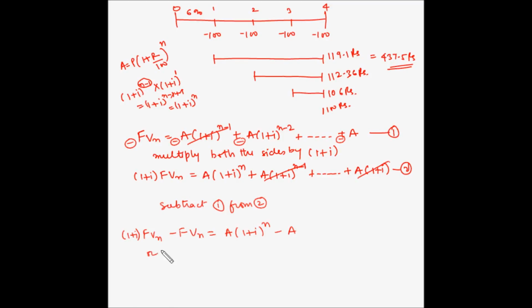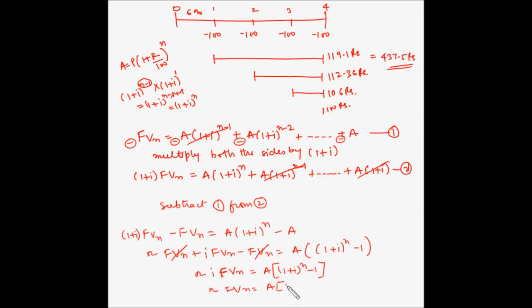So, or let's open this bracket. So 1 into FVn is FVn plus i into FVn. So i FVn minus FVn is equal to a into bracket (1 plus i) to the power n minus 1. So FVn and FVn gets cancelled, or i into FVn is equal to a into (1 plus i) to the power n minus 1, or FVn is equal to a into (1 plus i) to the power n minus 1 divided by i. So this is the formula for finding out the future value of an ordinary annuity with i as the rate of interest and n as the number of compounding periods,